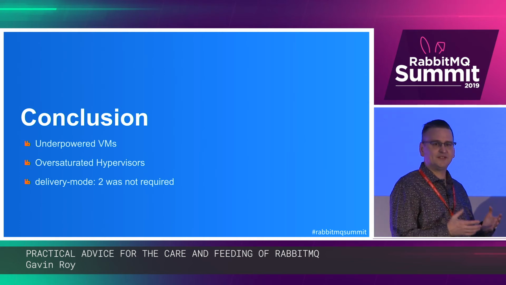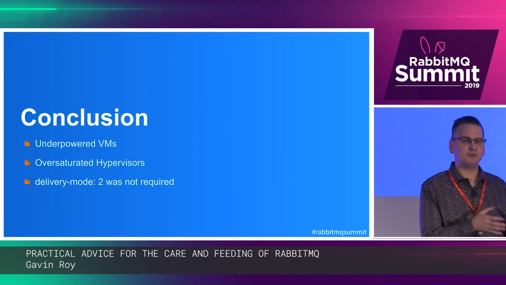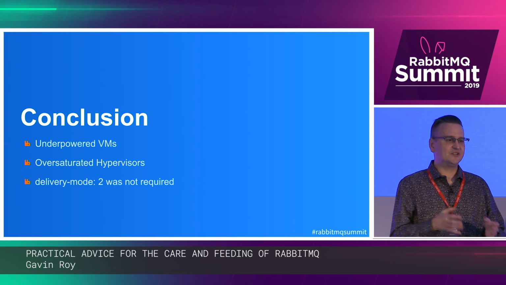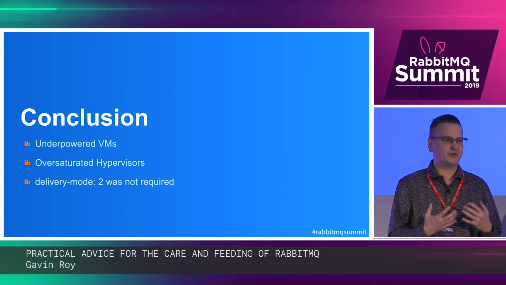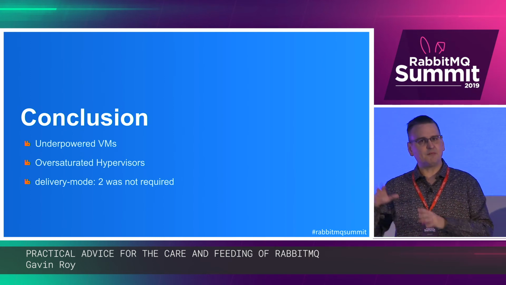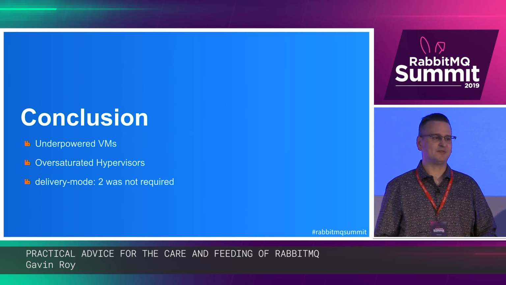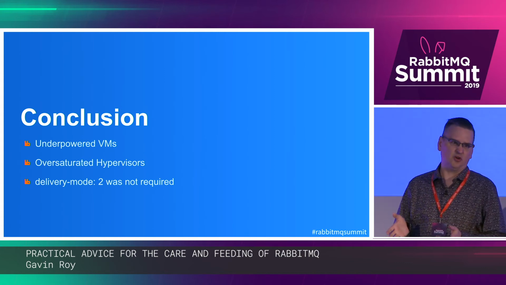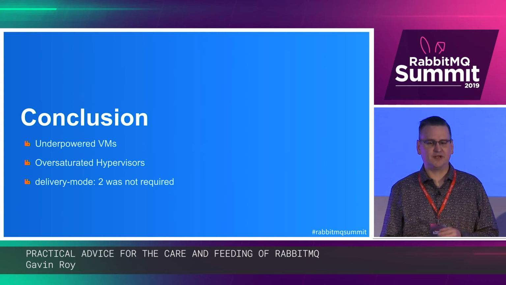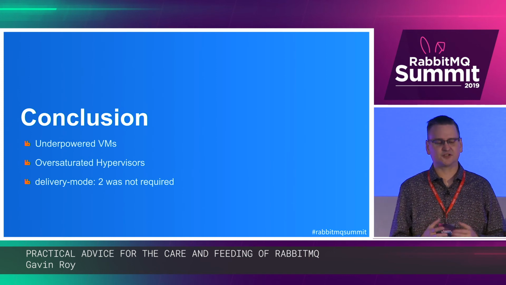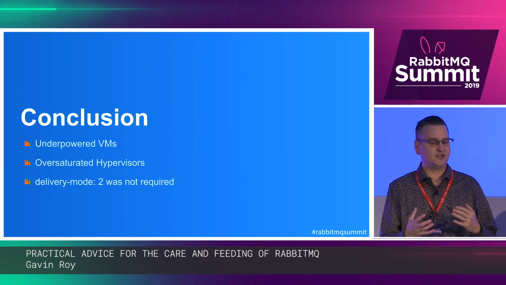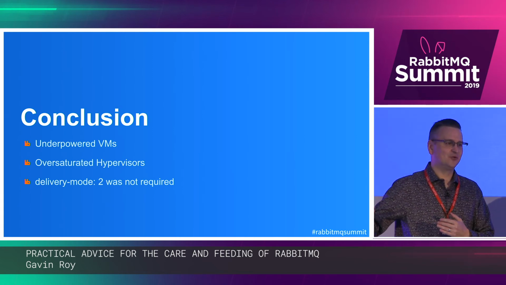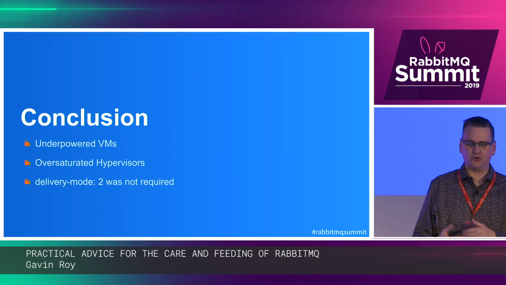We also had these things running on oversaturated hypervisors. So there were lots of VMs on each of these hypervisors, and they were all competing for resources, but somehow the engineers were thinking, well, this is Rabbit's fault. It's slow, it's terrible. And it turns out, well, no, you were basically putting it on an overly congested piece of infrastructure, and that's where your speed issues came from, in combination with the demand that you were putting on it by having it do additional I/O on every node.